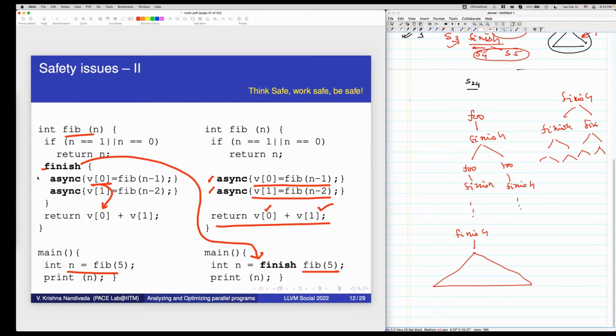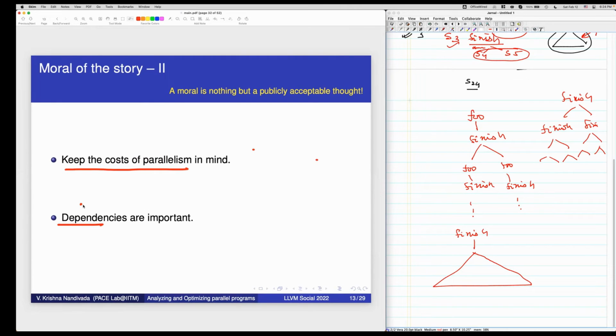If you move the finish, the dependency doesn't exist anymore. So in essence, it's not just the call dependency, but the data dependency as well. Data dependence, absolutely. Control dependencies too, both data and control dependencies.